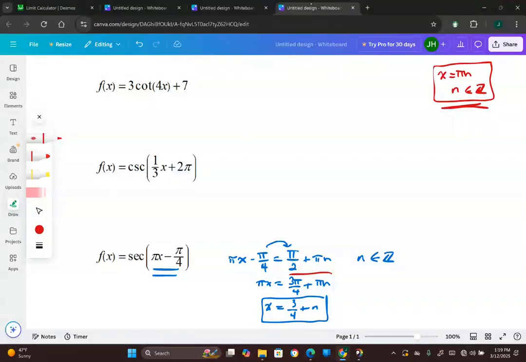So when you look at cosecant here, all you have to do is take that formula, 1/3 x plus 2 pi, and we're going to set that equal to pi n. So the first thing I'm going to do is subtract the 2